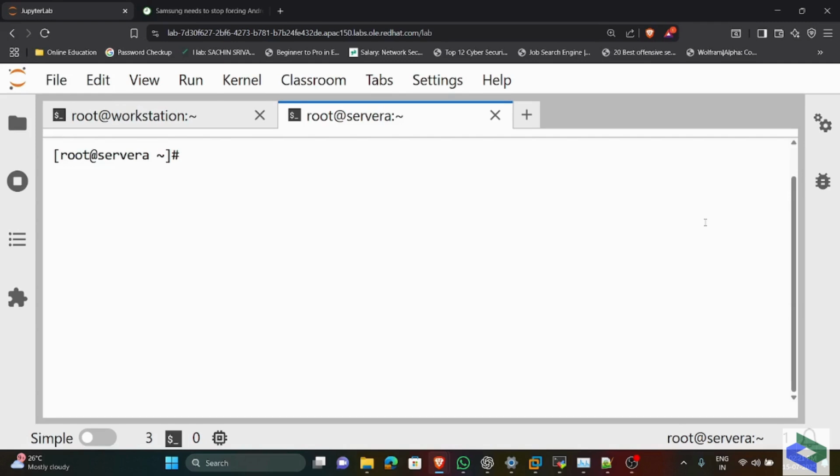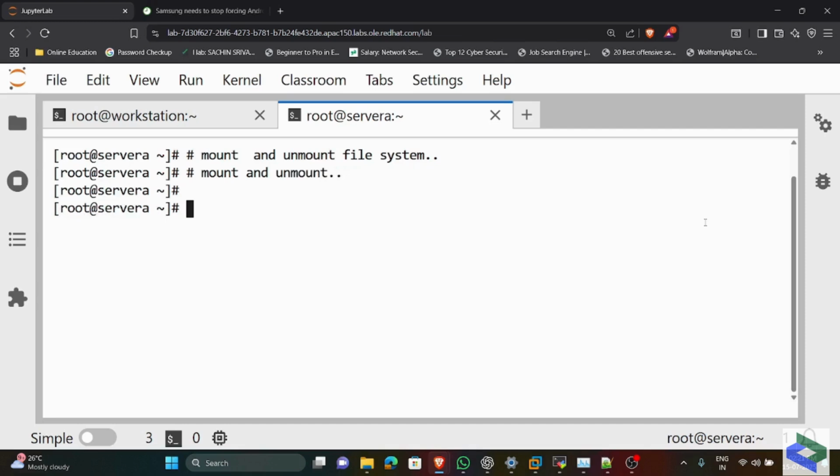In today's video, we will learn how to mount and unmount the file system in RHEL. So we have to see how to mount and unmount file system. Basically, our main target is mount and unmount. How we are going to mount and unmount. So first question will arise,